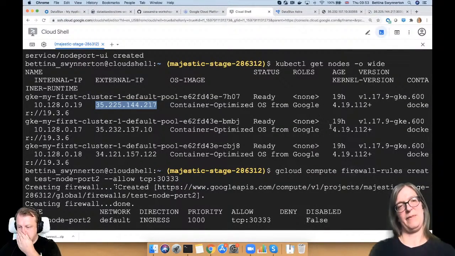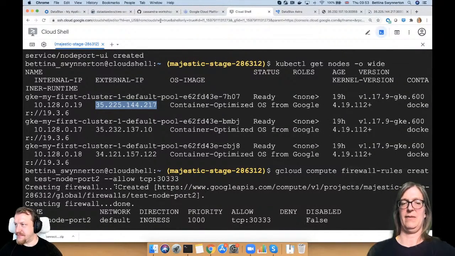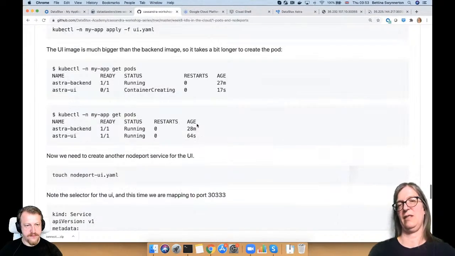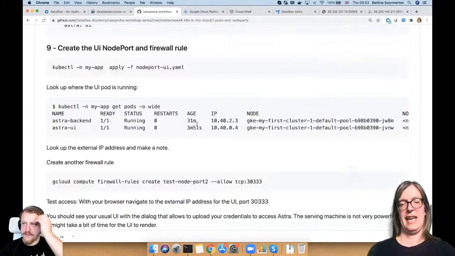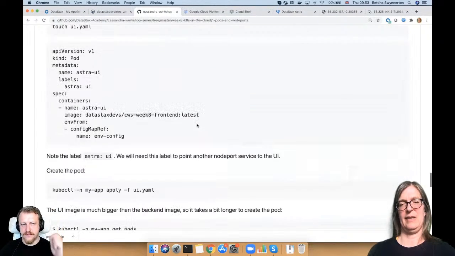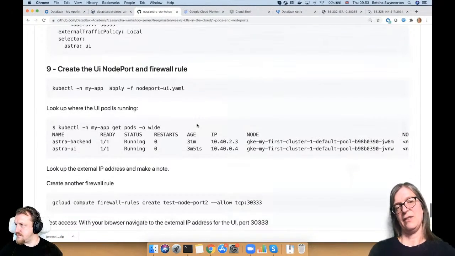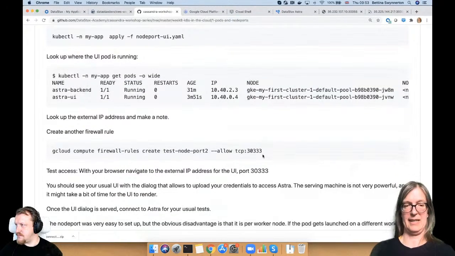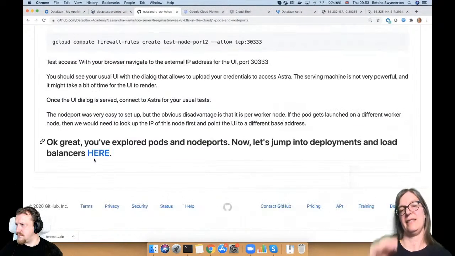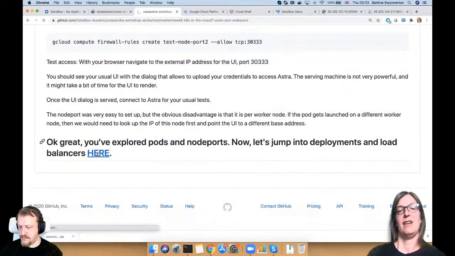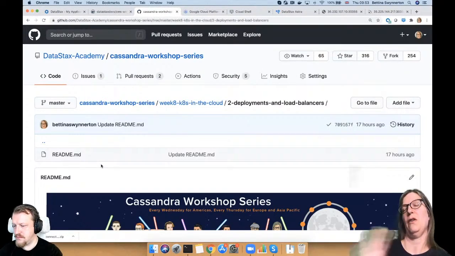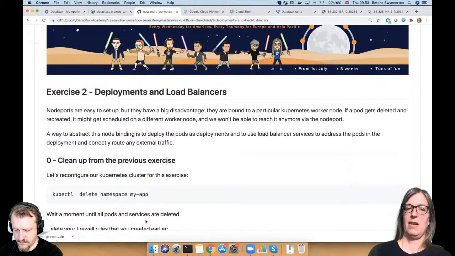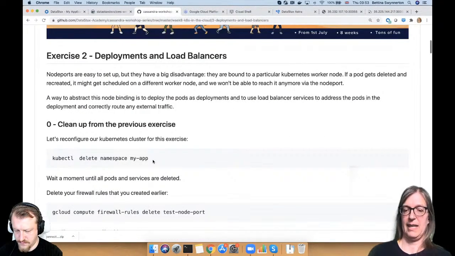Right. So the next steps. This was basically the first exercise in the README. I hope you should just be able to follow it along. And if you have any questions, let us know. As I said, don't forget to set these firewall rules, otherwise you won't be able to connect. Right. So in the next exercise, we want to remove the node binding, right? So let's first clean up our space here.